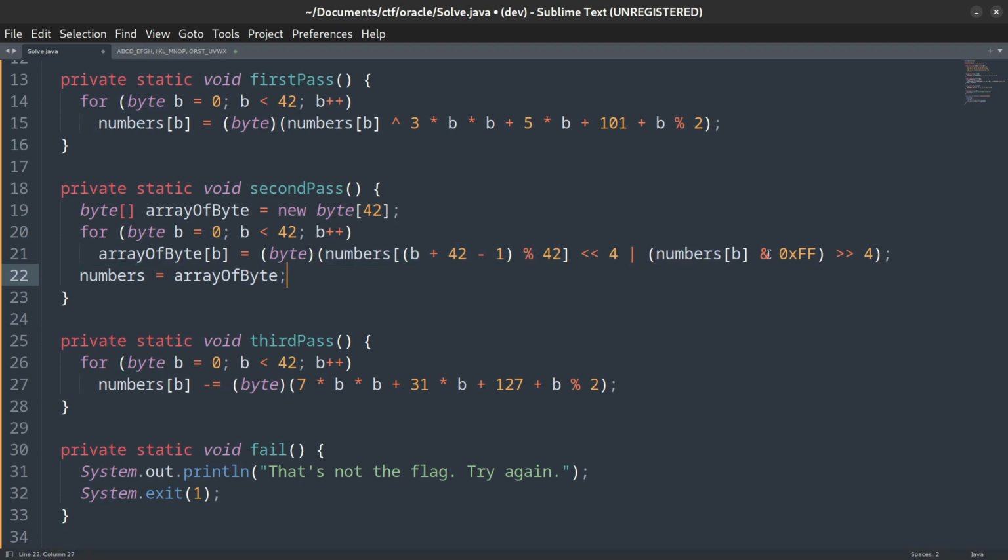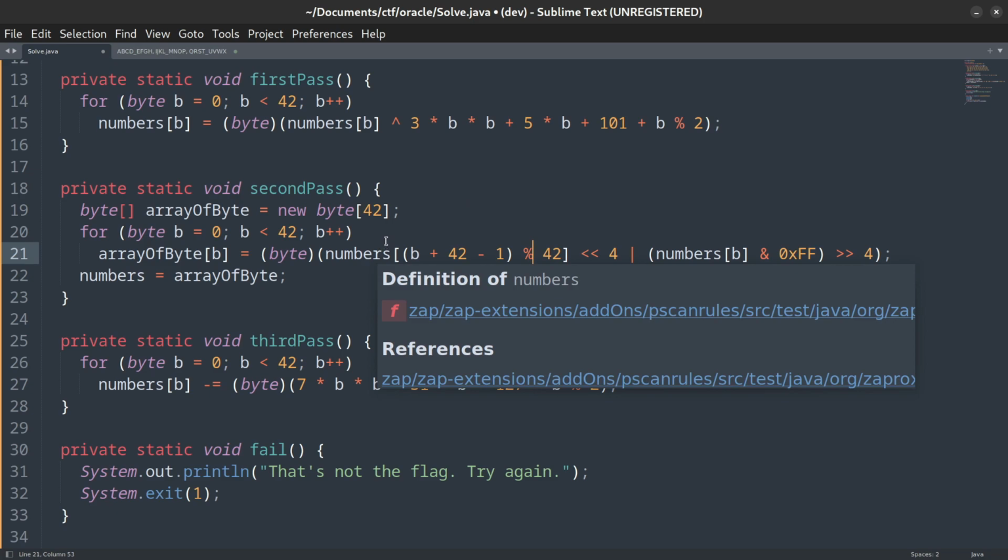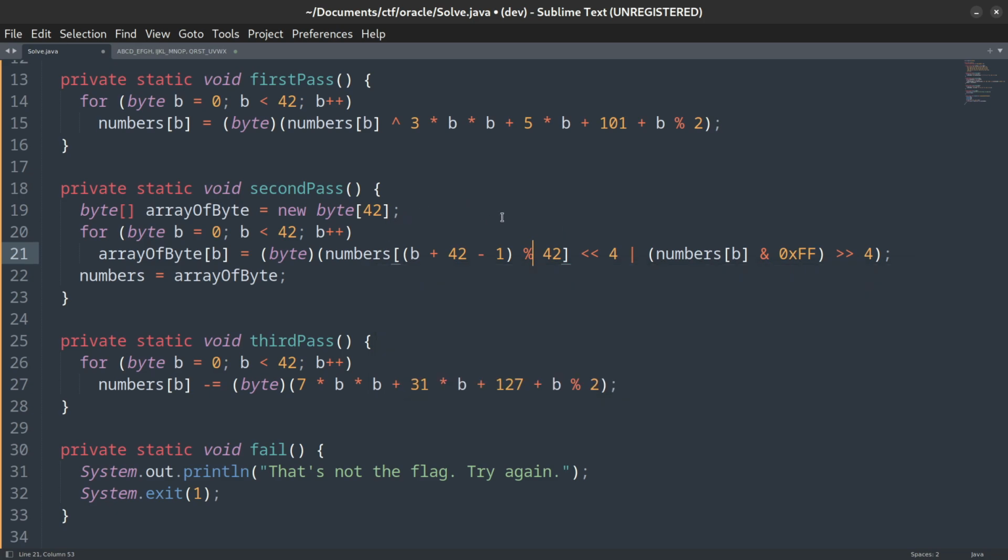Specifically, it looks like the bottom 4 bits are the top 4 bits of the original number in this index, and the top 4 bits are the bottom 4 bits of the number previous to this number in the array. There's arithmetic happening on the array index here that will always return the index before the current index in the array. If we're on the first index, it will wrap around and return the index of the last element. That is why there is modulo arithmetic in this index calculation.